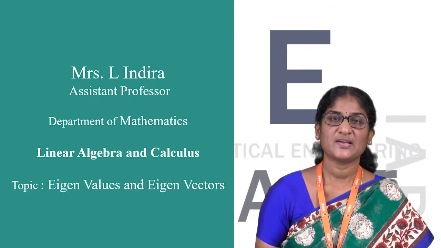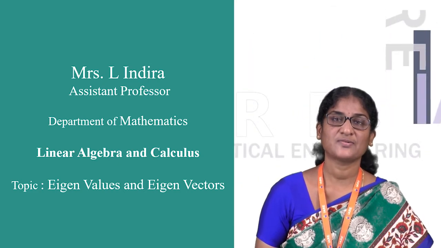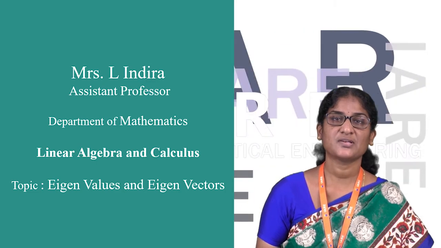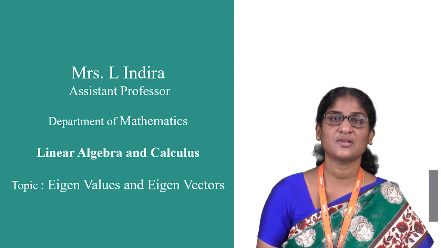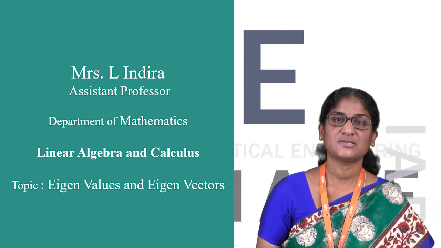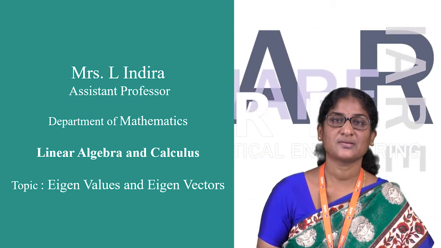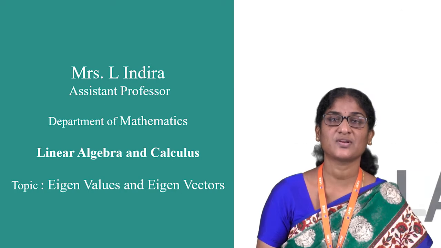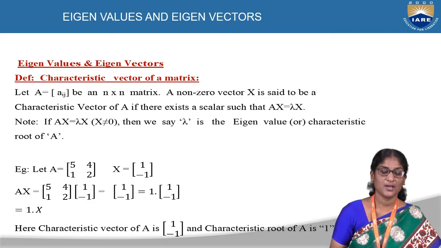In the last class, we have seen how to find whether the matrix is linearly dependent or linearly independent. We have checked it and followed the rules on how to declare whether the matrix is linearly dependent or independent. Today, we'll try to find out the methods of finding eigenvalues and eigenvectors of a given matrix. Now, eigenvalues and eigenvectors of a matrix.